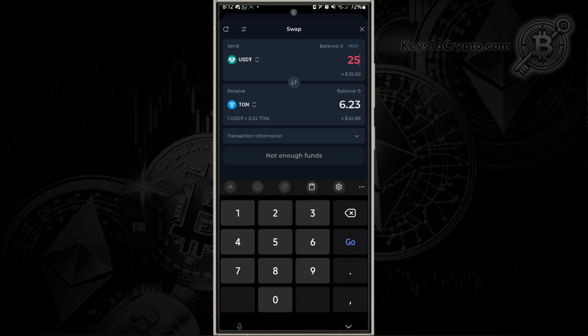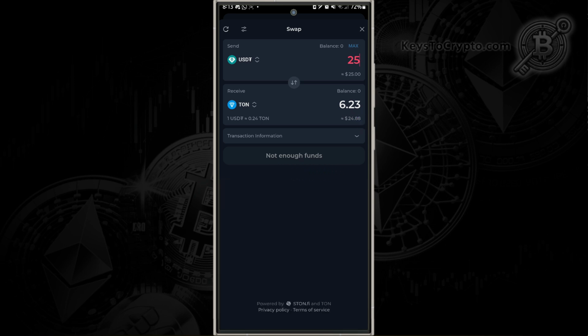For example, if we want to convert $25 worth of USDT into TON, we would get 6.23 TON. After that, you just tap on the button right here, confirm the transaction, and that's how to buy Toncoin using